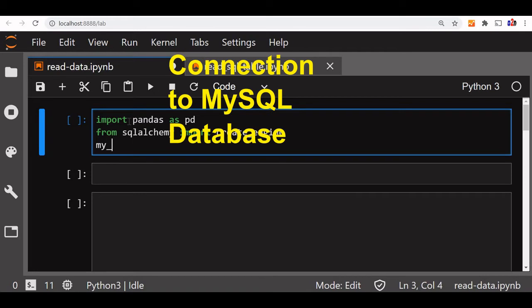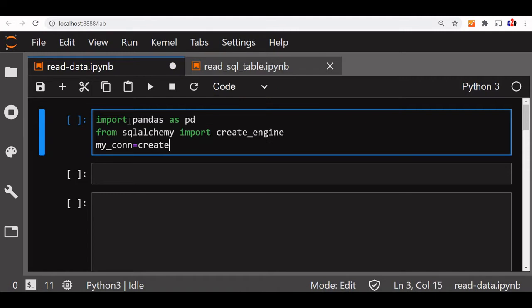Now we are creating a connection string using create_engine. So we'll say my_connection equal to create_engine. Now all the stuff we'll write here: the connection string, mysql. This is the database we are using, MySQL DB. Now ://, then I will write my user ID is root here. You have to use your user ID, and my password is test here, @localhost, then I will say mytutorial.